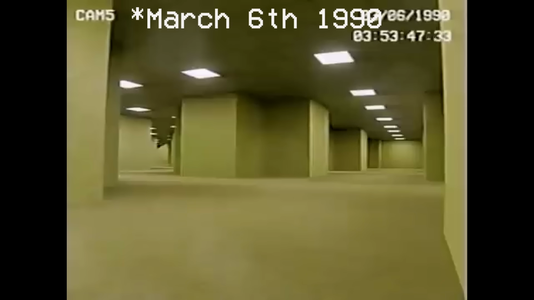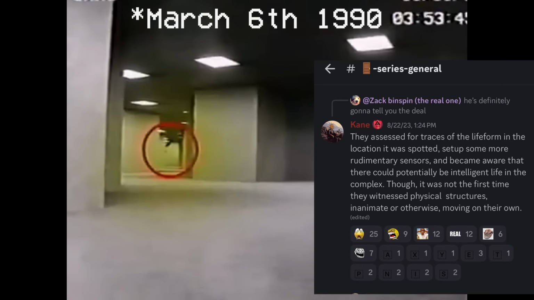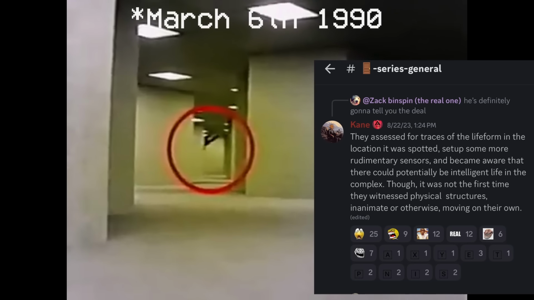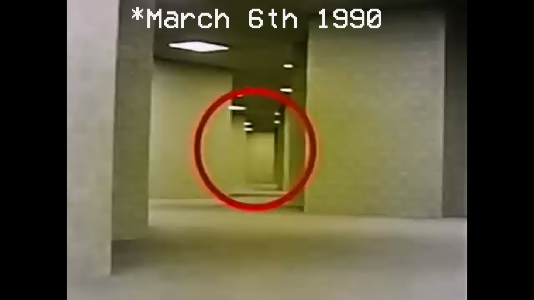Estimating around March 6, 1990, the next day, Async sets up rudimentary motion sensors in the area in which the life form was spotted, and a few members of the Async team become aware that there may be intelligent life in the complex. Now, pausing for a second, the reason I'm saying a few members of the Async team is